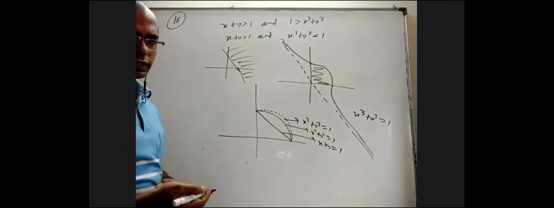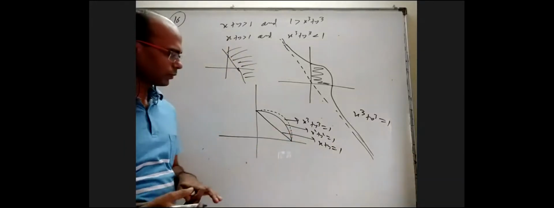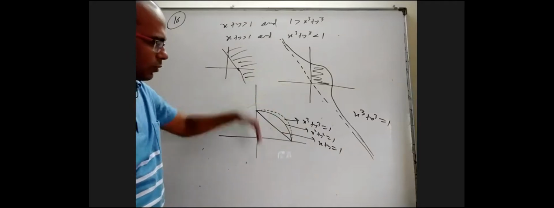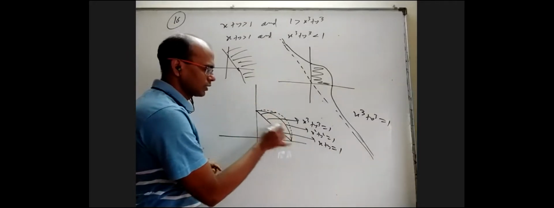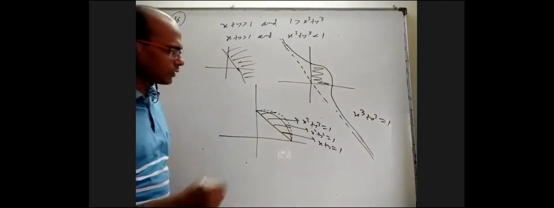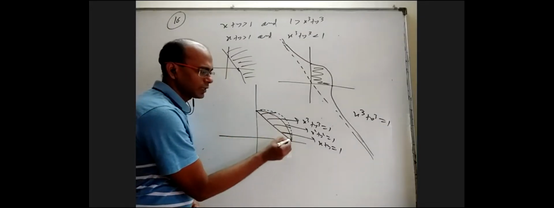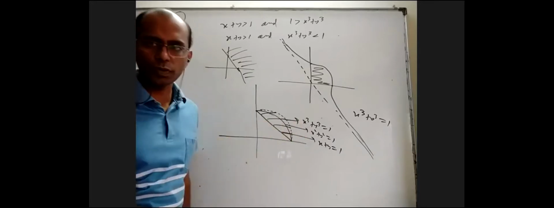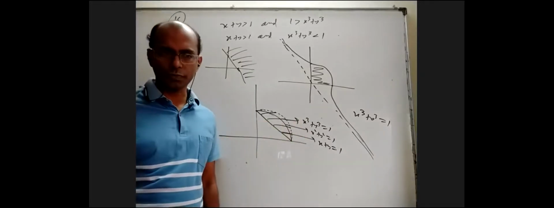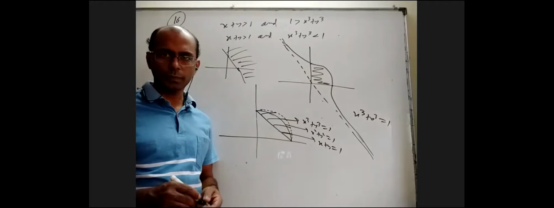In this particular A3, x square plus y square doesn't have any role. I want above the line and below the curve, so I want this area. But I know only up to here if I take that, it is A2. But my A3 is a little beyond. So obviously A3 is more than A2. I don't even have to find the answer. Just from the figure only I can tell.